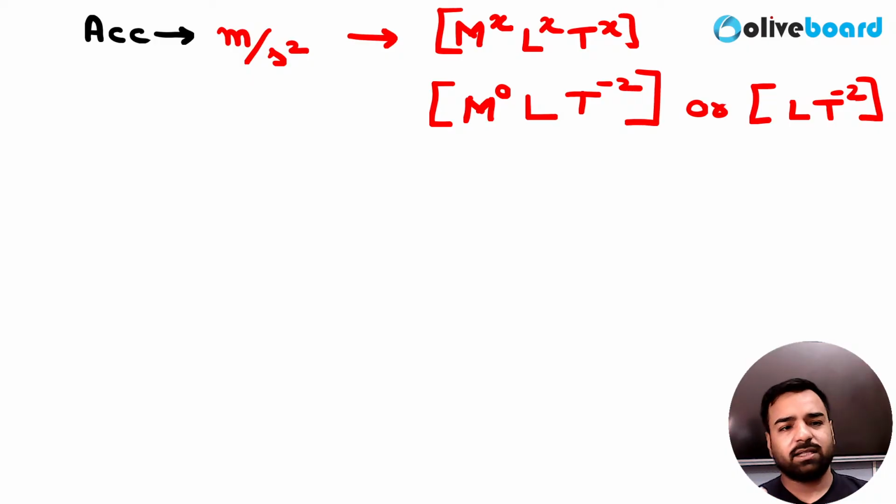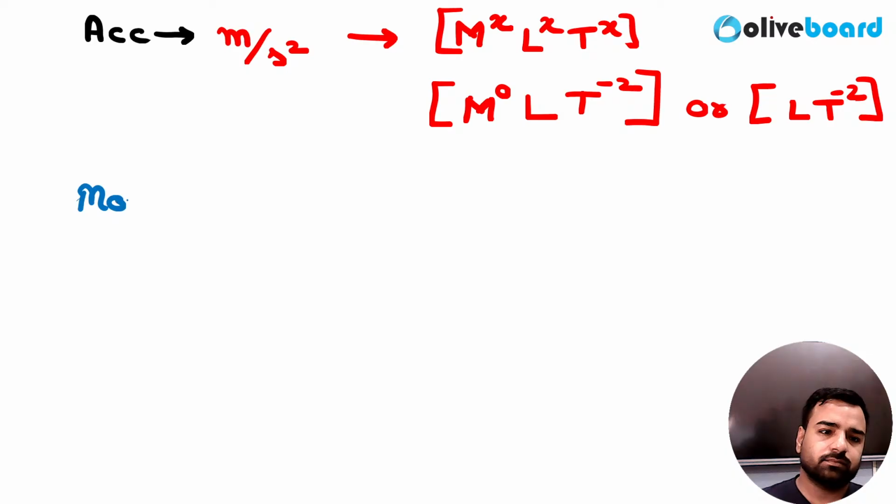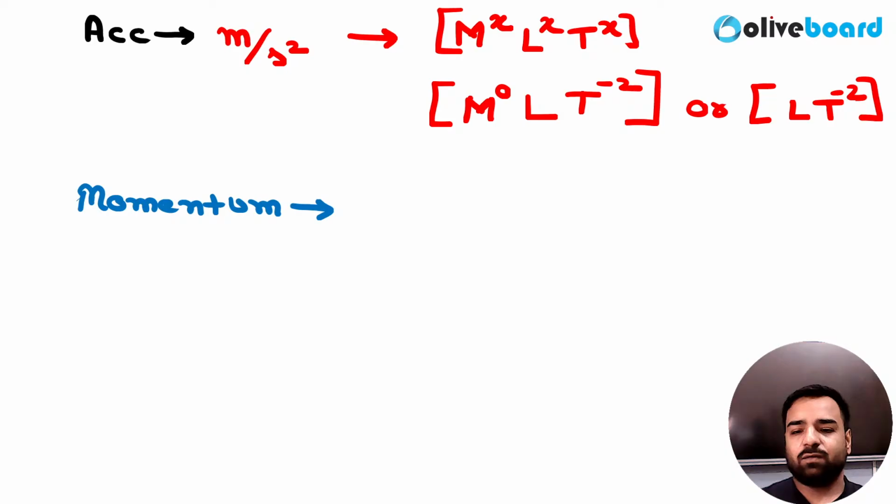I'll take one more simple example, then I'll proceed with the quite typical one. Okay. So we have discussed acceleration. Now my question will be, tell me what will be the dimension of, what can be the simplest one? Acceleration we have discussed. Okay, I'll ask the very basic one. So let's go with momentum. So guys, how many of you can help me out? Because these are previous year questions. What will be the dimension of momentum?